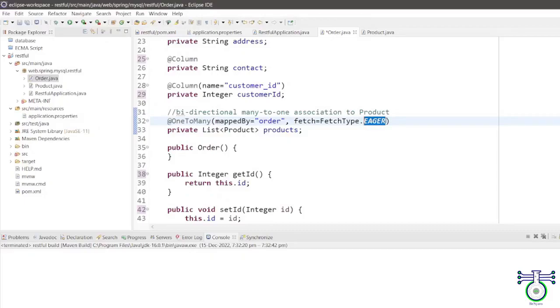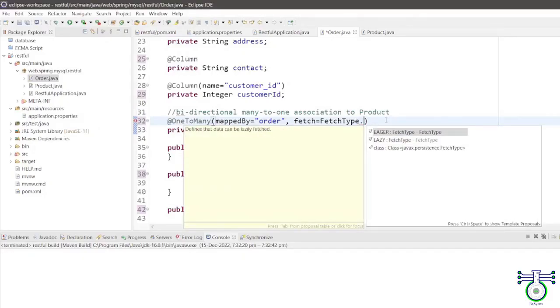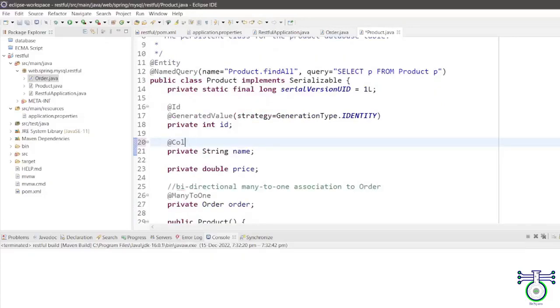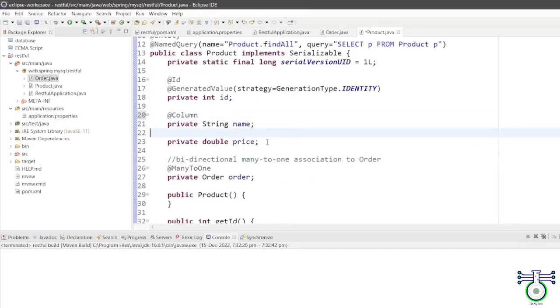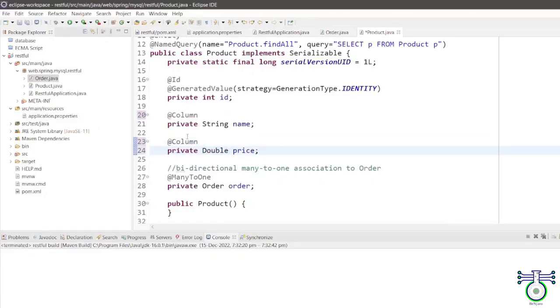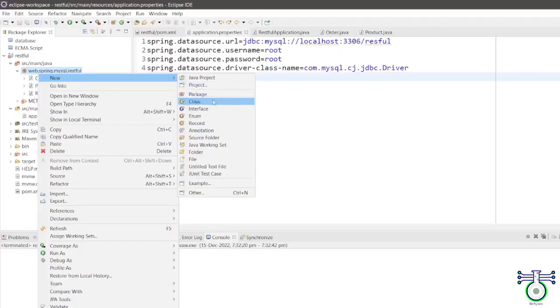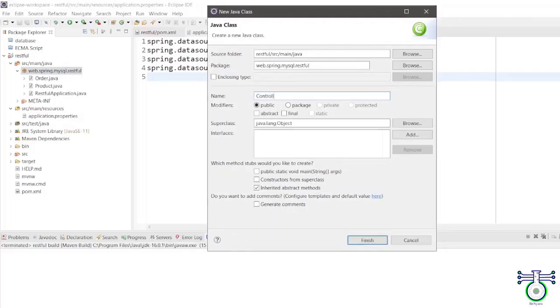Fetch type can be lazy; you can see lazy and eager. Come back to product. Product also has this, so I will change it to Column. And we also need to change this int to our wrapper class Integer. This looks correct. Now the main thing is done. I will create one controller class. I will say controller